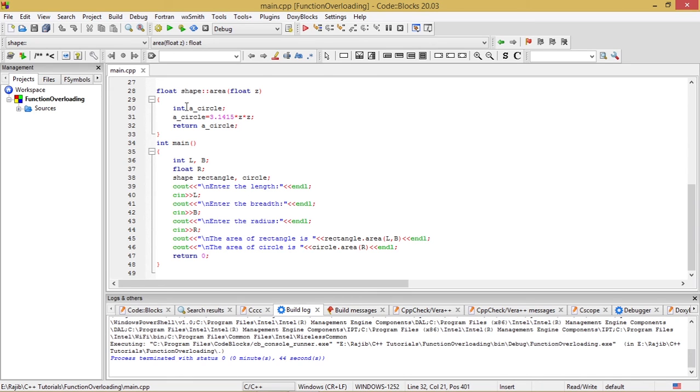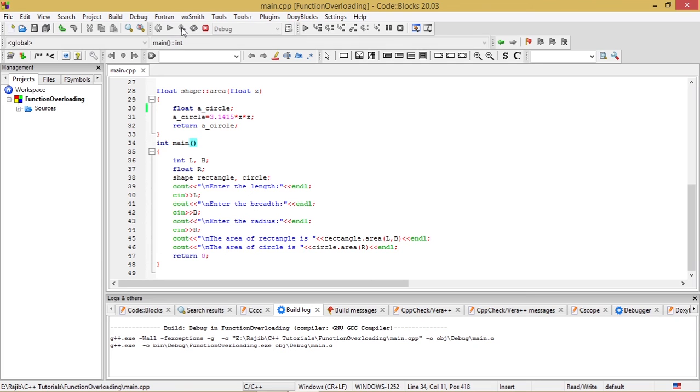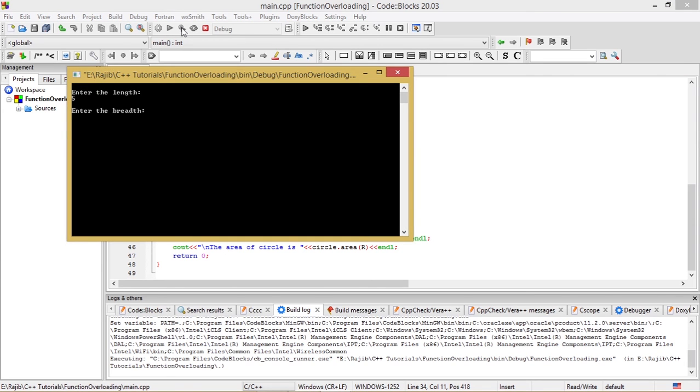So one thing I want to amend, because I think this function is going to calculate a float value, and the return type is float. So this will be float, in order to make it a bit precise. Let me see what is the output from here. Yes, enter the length 5, enter the breadth 4, enter the radius 3. We are giving the same values as in the previous run. Let me see, here we get the perfect result.